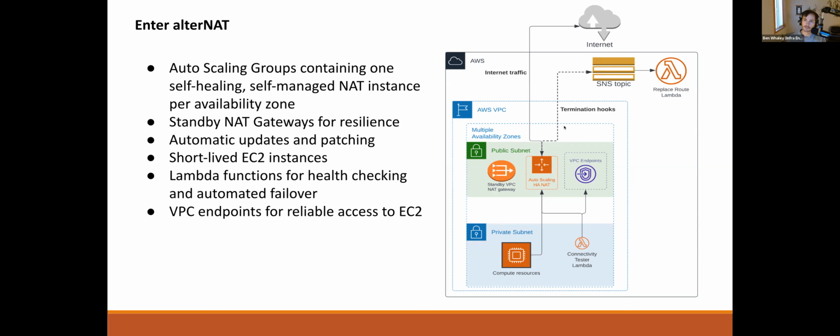So that's kind of the purpose of this termination hook. Okay, makes sense. Okay, the final thing in this architecture I wanted to point out before jumping into a demo is the VPC endpoint you see here. So the purpose of this is that